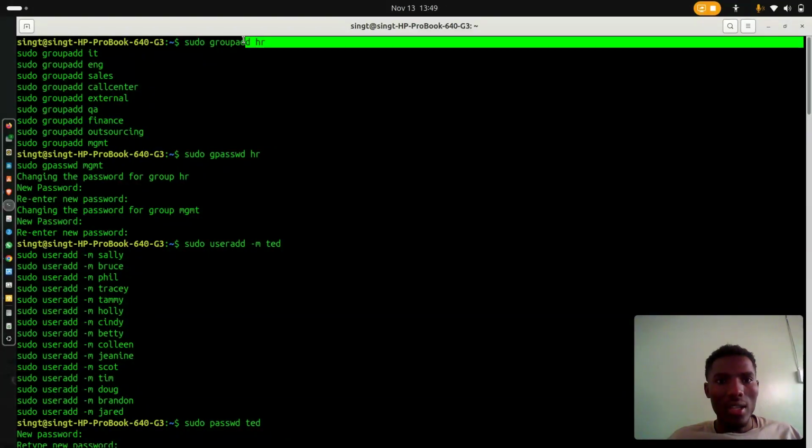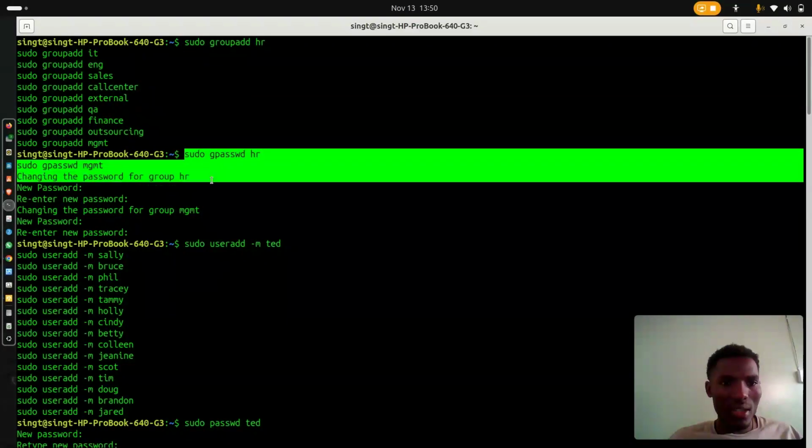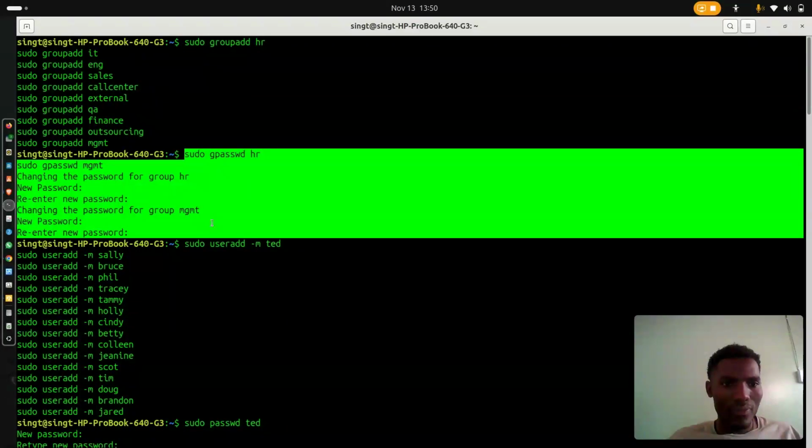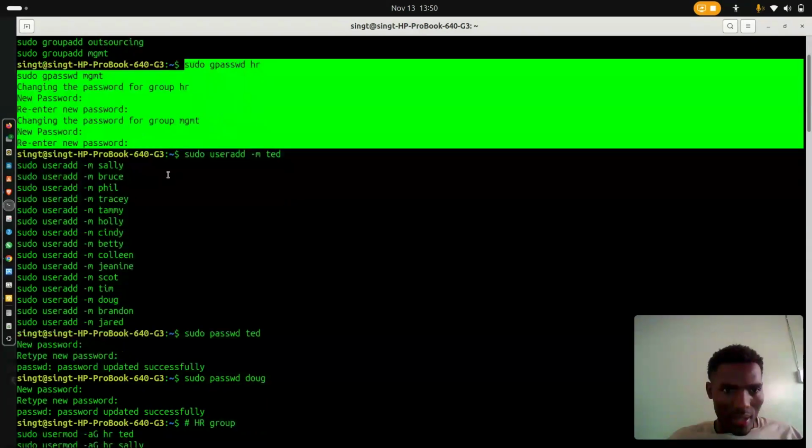I used the sudo groupadd HR command, and then I was able to modify the passwords, and you can see it here. When I type the password, it can't be shown, so it's assumed, and then it works. So that is it for the first one, and then the second one was